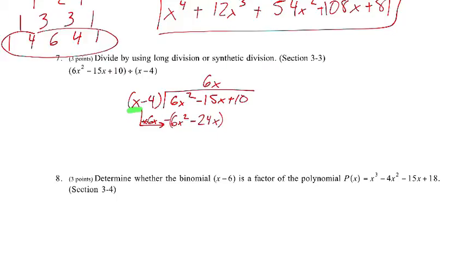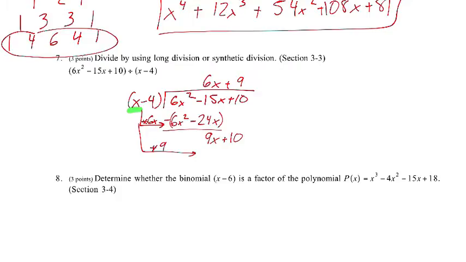Now just like we do with long division with numbers, we got to subtract one line from the next. So 6x squared minus 6x squared gives us 0. And then negative 15x minus negative 24x. That's like adding 24x, so that gives us positive 9x. Make sure to bring down that next term. So now we say x times what is going to give us 9x? Well, that's just 9. So multiplying this whole group